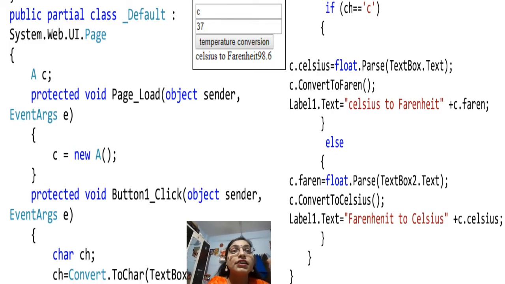So now we are done with practical number 2a. First question which we have seen, that is factorial. Second was what? Type conversion. And the third one which we have seen, that is quadratic equation. Then temperature conversion we have seen, and money conversion was there. So there are total four questions, and these are the four questions which are very very important from practical number 2. We will meet in the next lecture.